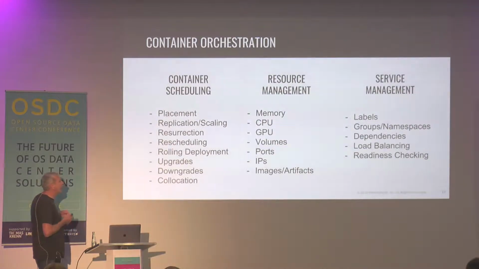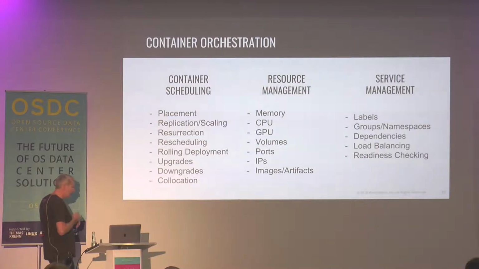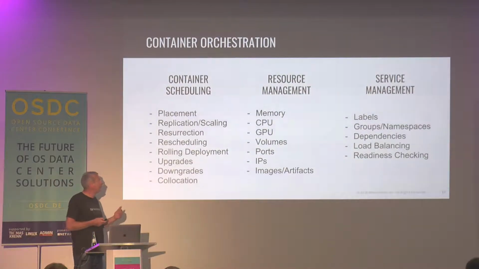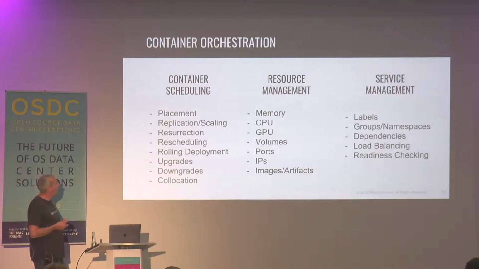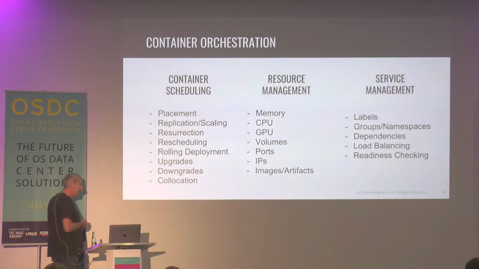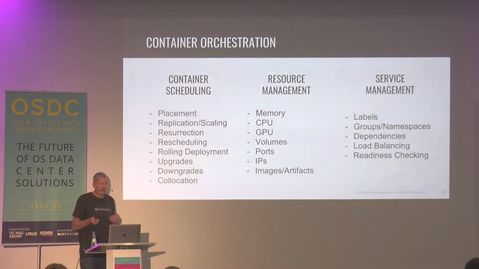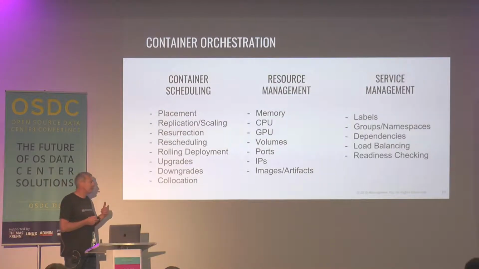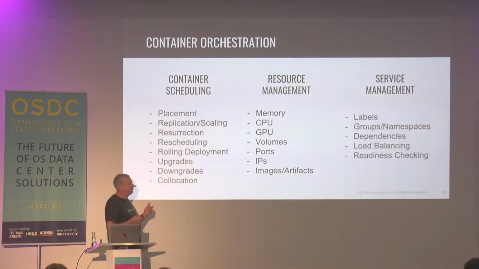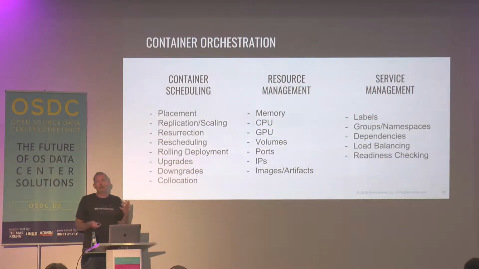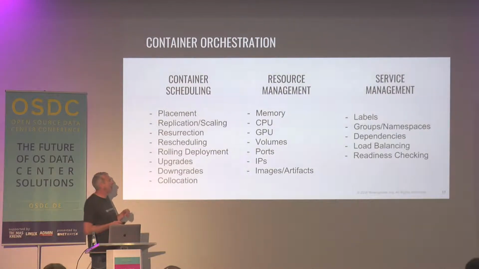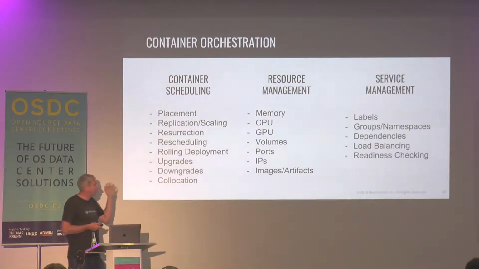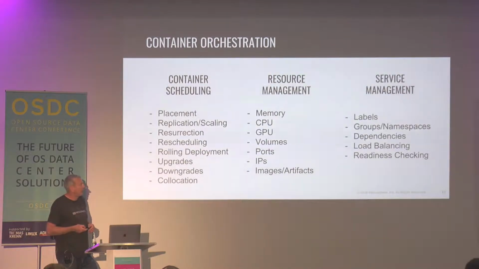So from the scheduling side, orchestrators generally are keeping track of where we place individual containers. How do we scale our applications horizontally? How do we resurrect things if things die? And how do we do upgrades and all that kind of stuff? And then from the resource management side, we are interested in our overall resource utilization across our fleet. How do we allocate that most effectively? And that can be hardware stuff like memory and CPU, but also things like IP addresses and ports and other artifacts we might need to run our containers.